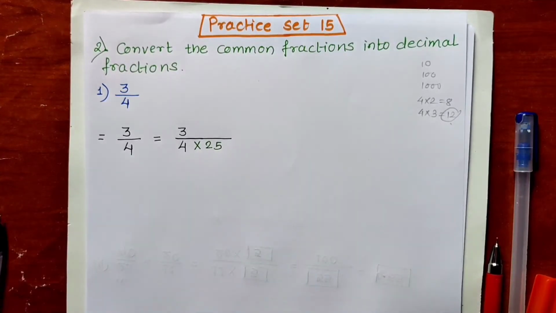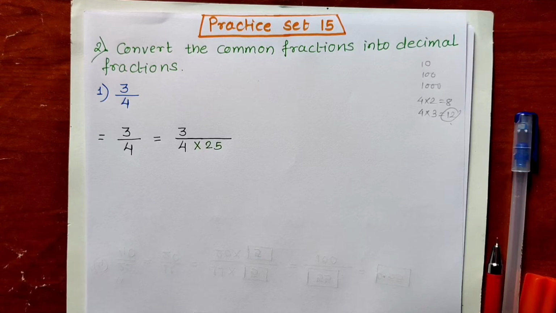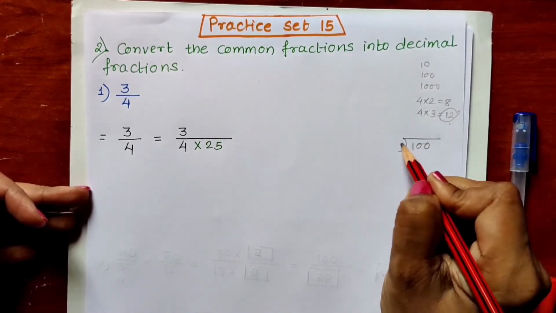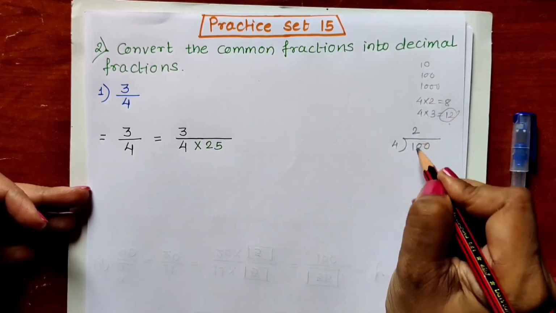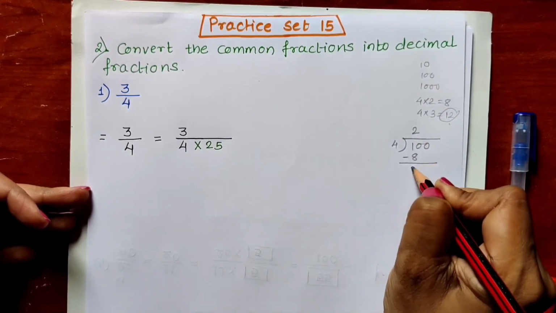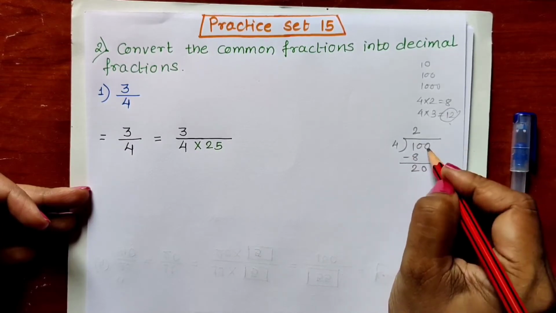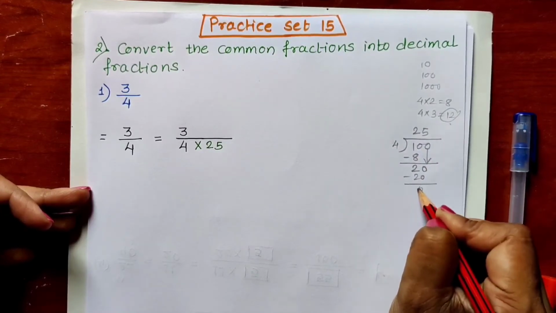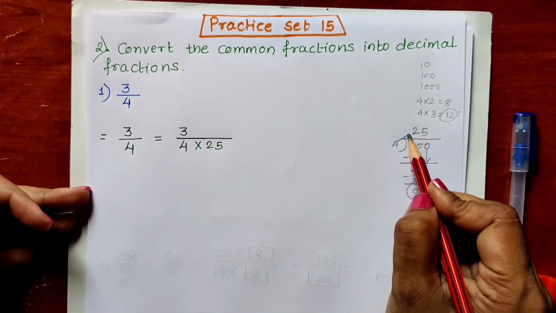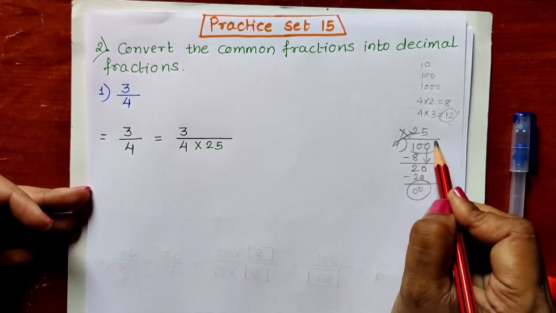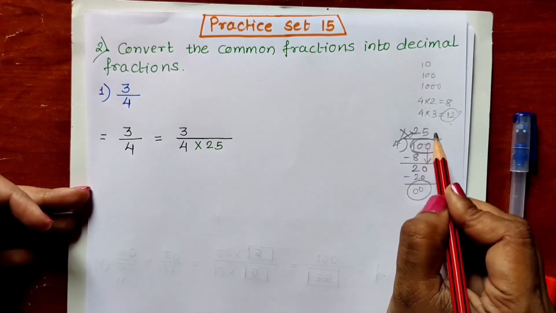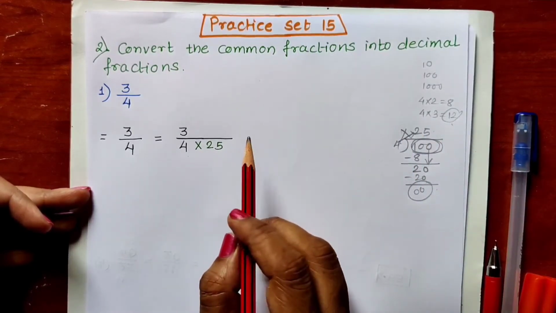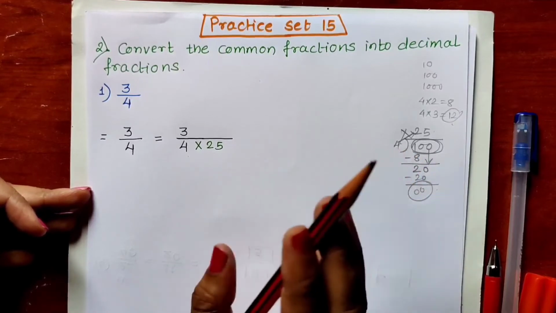Okay, and if it is not possible to find out a number by which you have to multiply, what should you do? You directly divide 100 by 4. 4 2s are 8. 10 minus 8 is 2. This 0 we have to put down. Then 4 5s are 20. Remainder we get 0. That means when we multiply 4 by 25, the answer is 100. So in this way also you can get a number by which we have to multiply the denominator. So the answer will be 100 or 1000 or 10,000 like that.